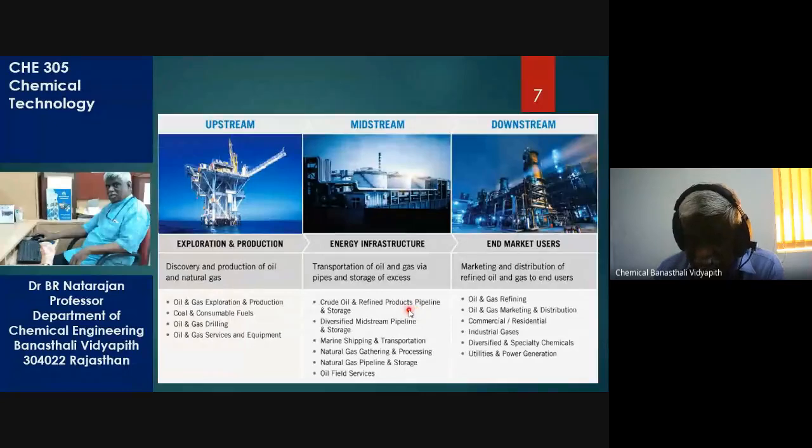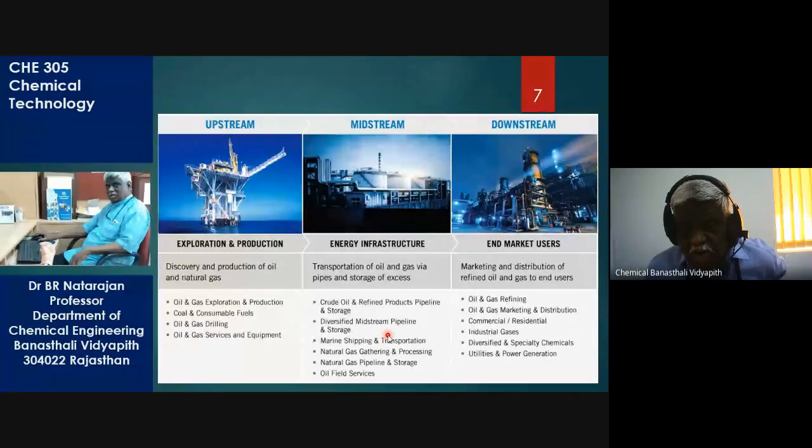Interesting. Right, next door to us, crude oil and refined products. Similarly, you have pipelines which carry the product from the refinery to different locations. So remember, midstream refers to both bringing the kacha mal to the refinery as well as taking the pakka mal to various other places. So if you go to Google and search for the pipeline division of Indian Oil, you will see a whole network of pipelines of Indian Oil across the country, carrying crude oil to different refineries and carrying finished product to different industries.